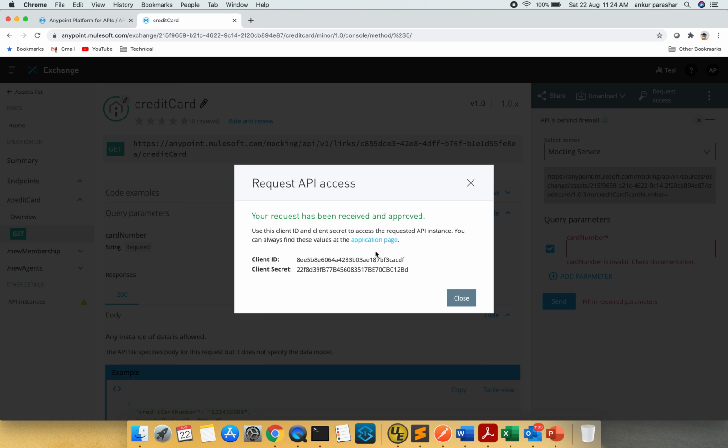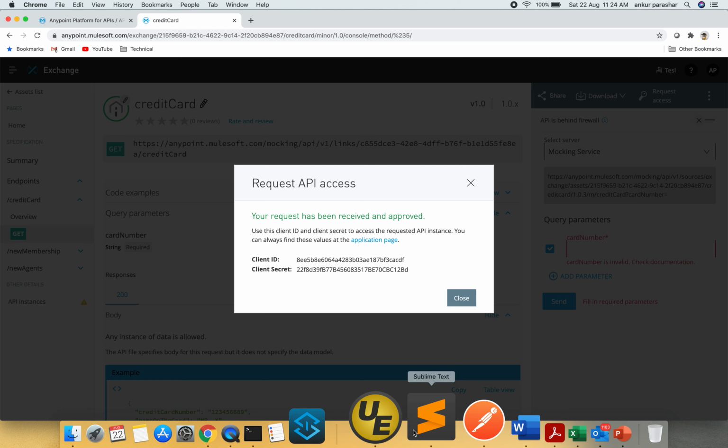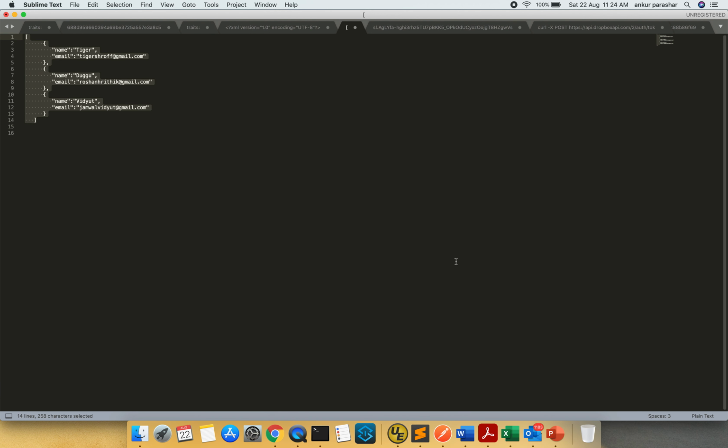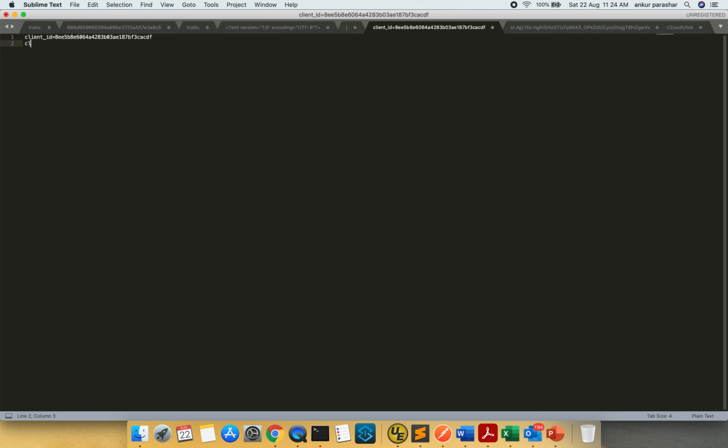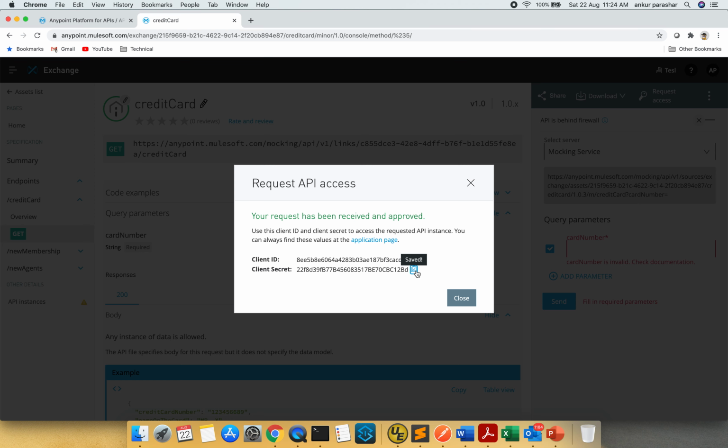I will copy this client ID and client secret. I will copy this and paste client_id equals this and client_secret equals this, this is the secret.